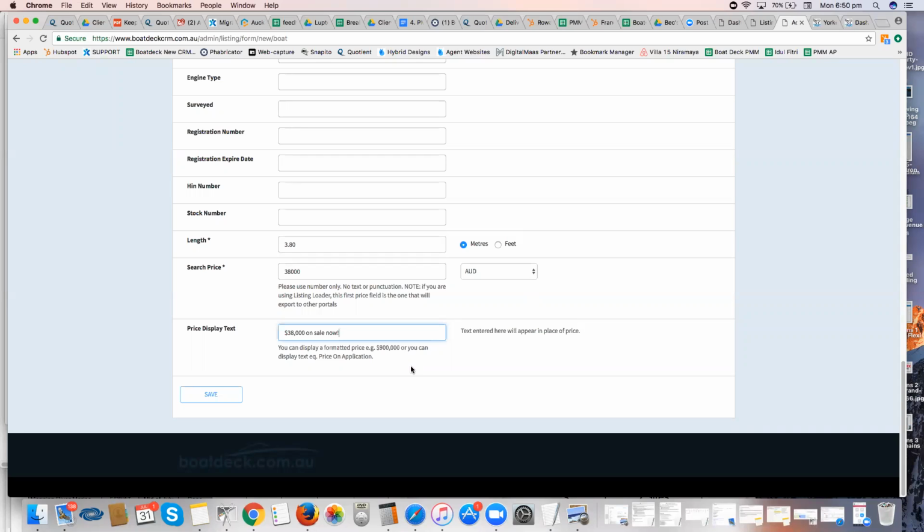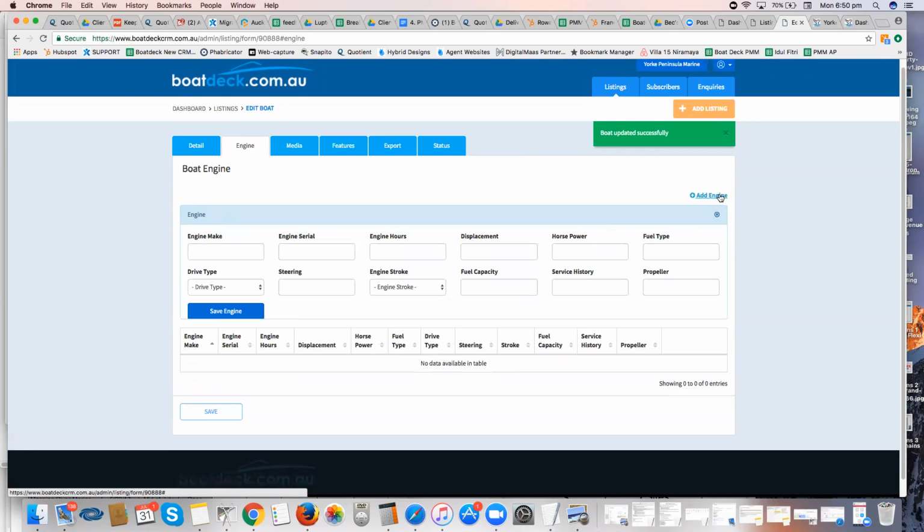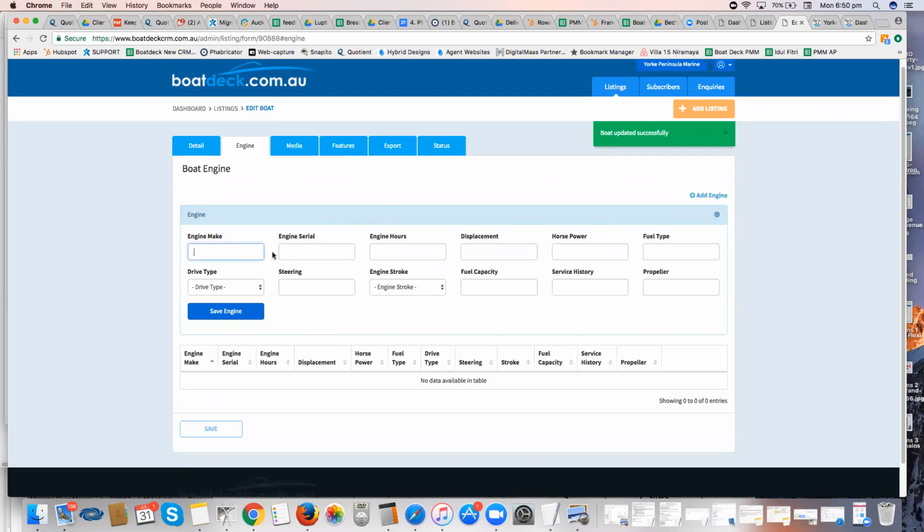So apart from that, there's nothing else you need to do. You just save the listing, and it says up here, boat updated successfully, which is what we like to see. Then we go into the engine section and we go add engine, and here you can put the make,